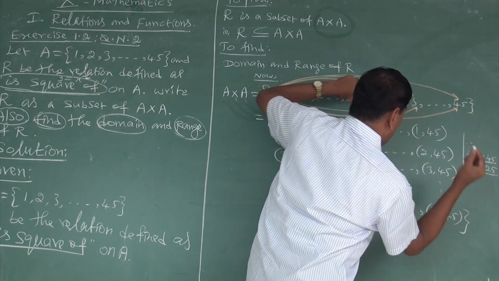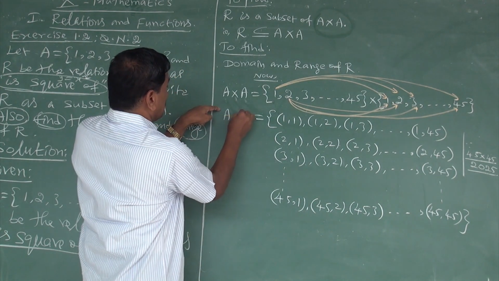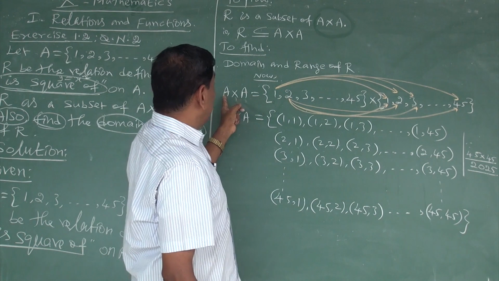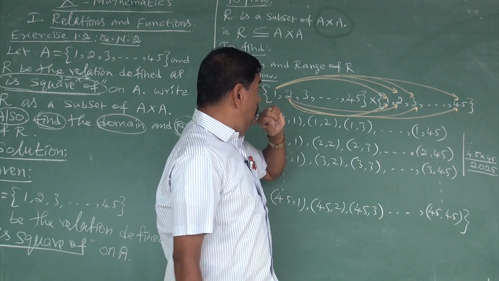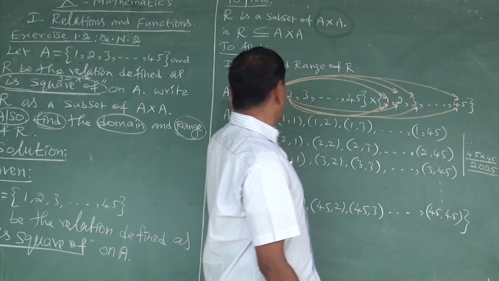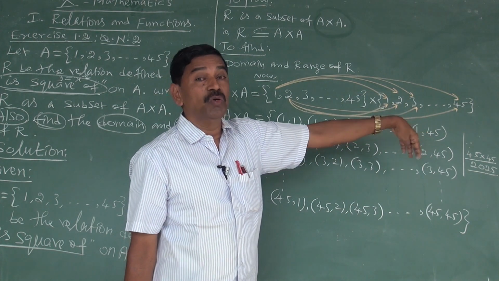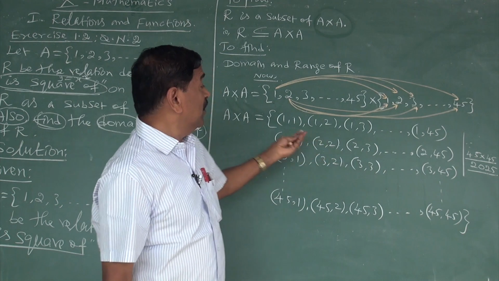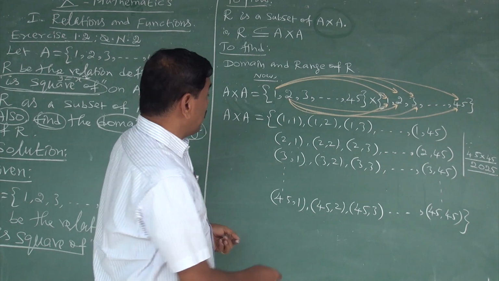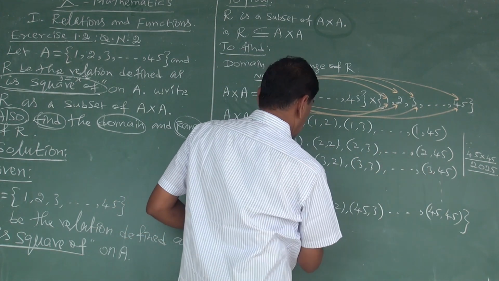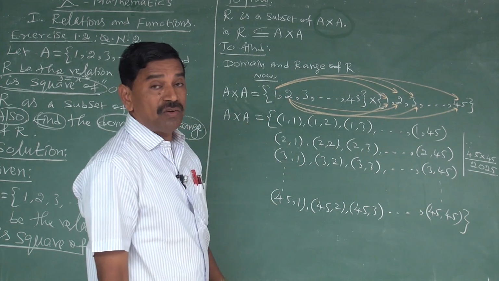Okay, complete the flower bracket. And whose left hand side is what? Good, the same A cross A. So A set contains 45 elements, again A set contains 45 elements. So totally n of A cross A is equal to 45 into 45, is equal to 45 square, is equal to 2025 ordered pairs. And if you write all the 2025 ordered pairs, definitely it takes 20 minutes. So that is why here we are using etc. Okay, that is Cartesian product A cross A completed.